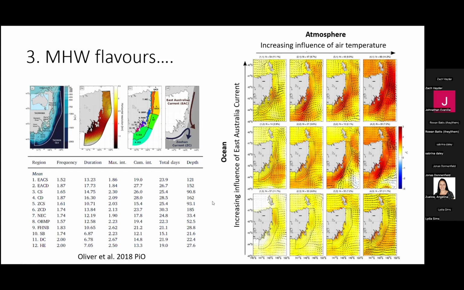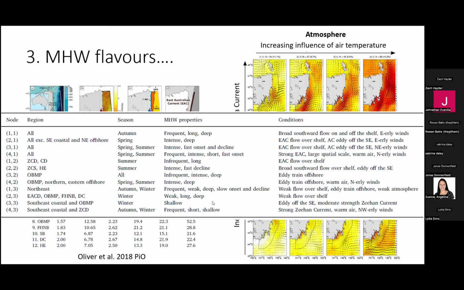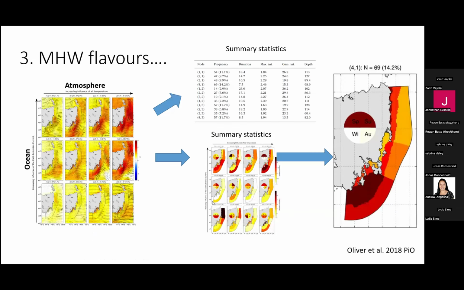So there's lots of interpretation you can do by looking at the flavors of marine heat waves because they'll have different impacts on biology. And I know that Marlon and Steve have been talking to you already perhaps about the difference of why don't all heat waves have the same impact on biology? And partly it's because they've got different flavors for what look like the same metrics. Yeah, I think that's it. You can make different statistics out of these flavors and then have different descriptions that give you a much greater ability to understand the biological response.